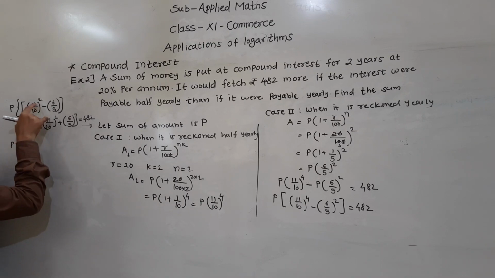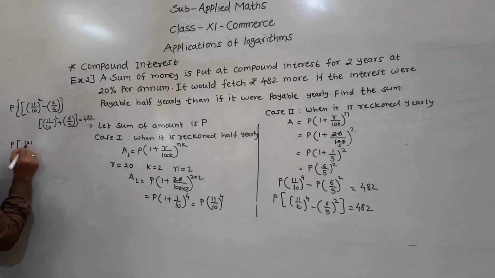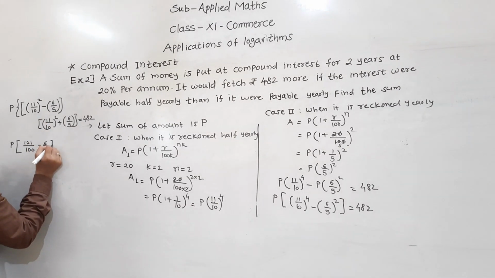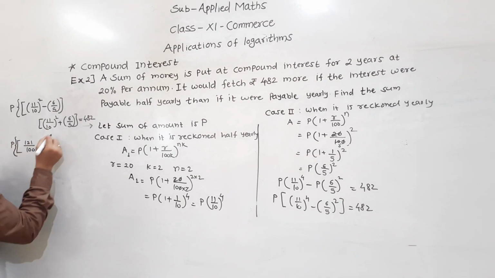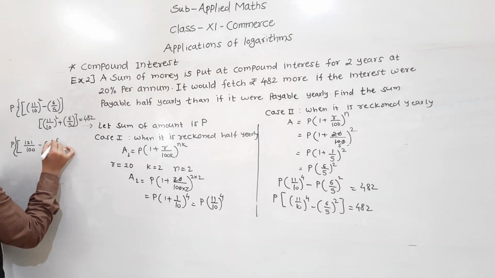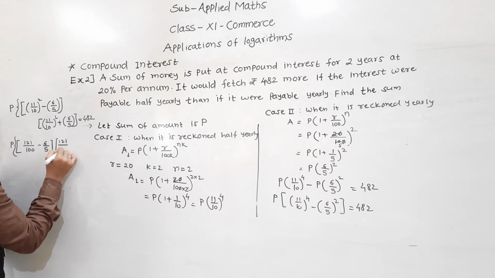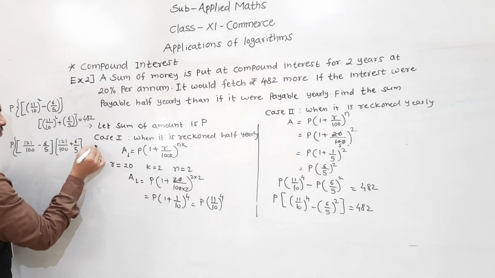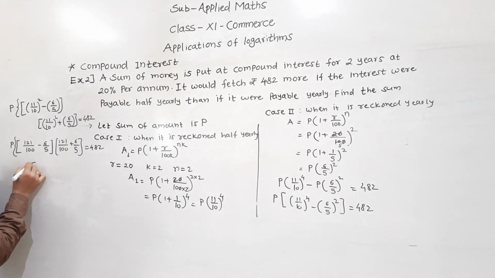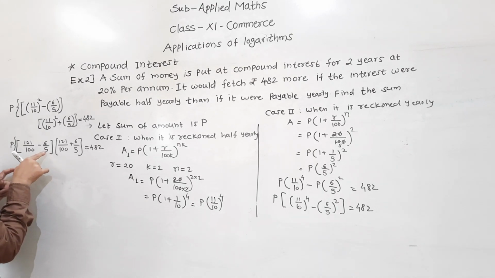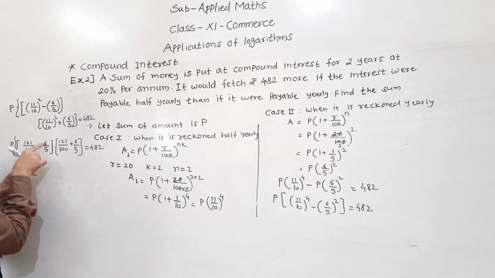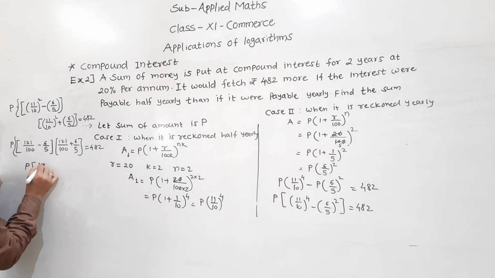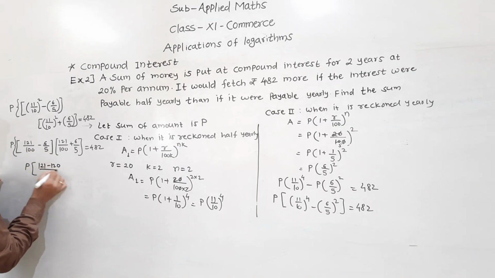So it is 121 by 100 minus 6 by 5, and 121 by 100 plus 6 by 5. Okay, it is equal to 482. Now if you make same denominator, we have to multiply by 20. So here 20 into 6, it is 120. So 121 minus 120 upon 100